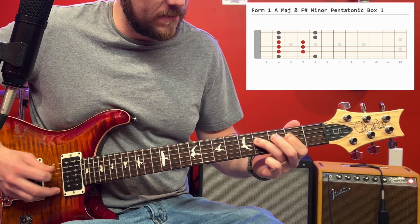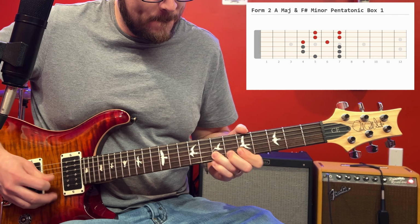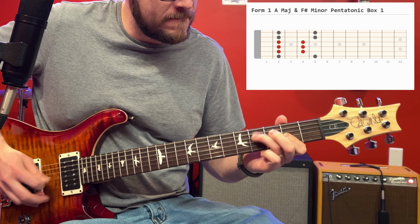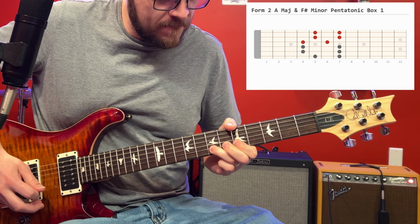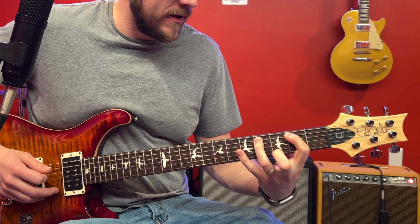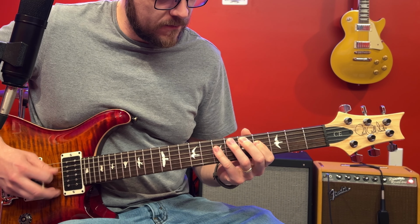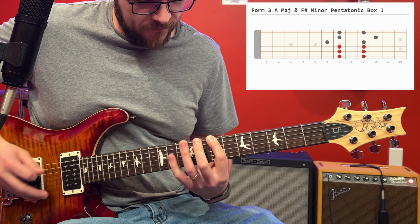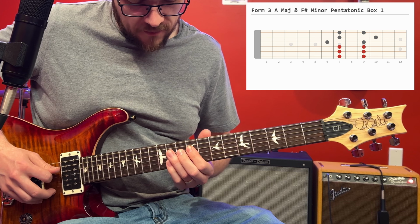That box continues to repeat too. This note and this note are the same, so at the bottom of that box, it repeats again. That box repeats there. If you go up even further, this would be your form 2. This would be the bottom of that box, which isn't helpful visually because there are no strings above it. But if you went down here to your form 3, it's right here. And then if you go to your form 4,